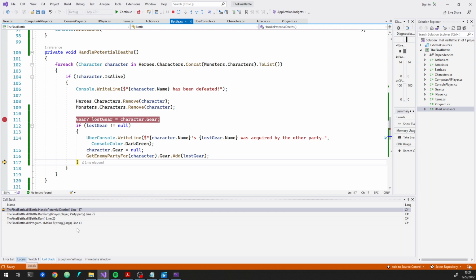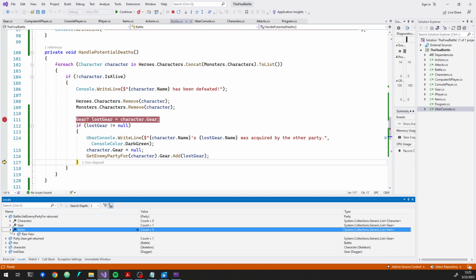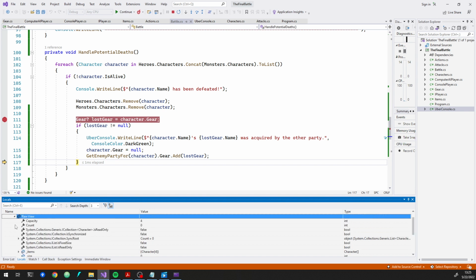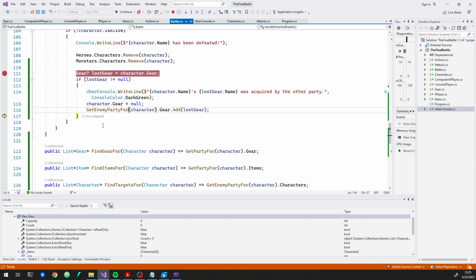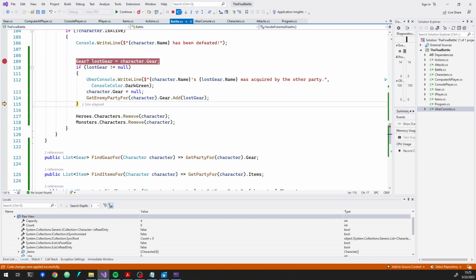Let's see. I want to look at my locals here and find the battle, get enemy party for, let's see. Oh, interesting. Okay, I think I figured out what's going on here. There's a bug in this get enemy party for, because this says if monsters.characters.contains it, then return the heroes. Otherwise, return the monsters. Well, guess what? We just removed it. This is not in there anymore. If we just rearrange these just a little bit, rerun this,